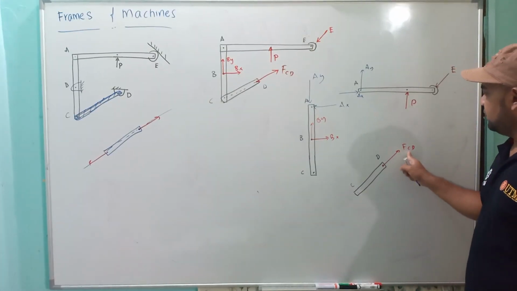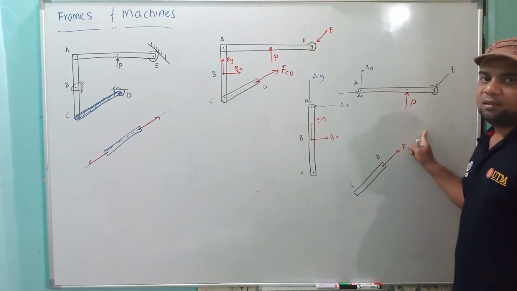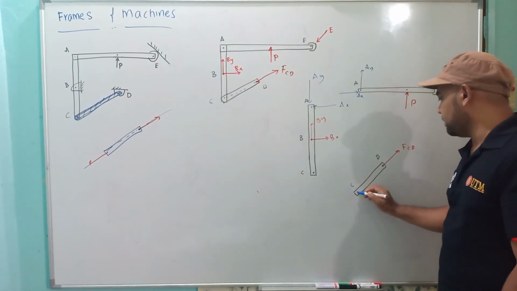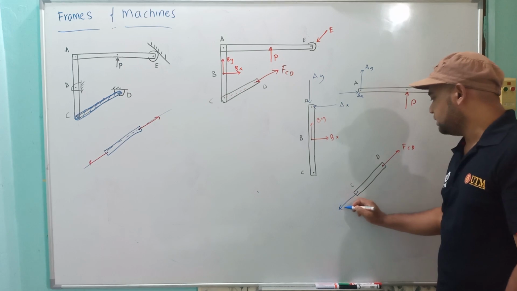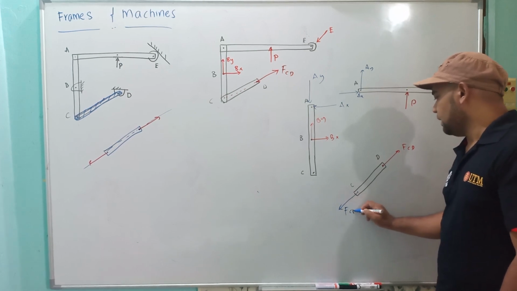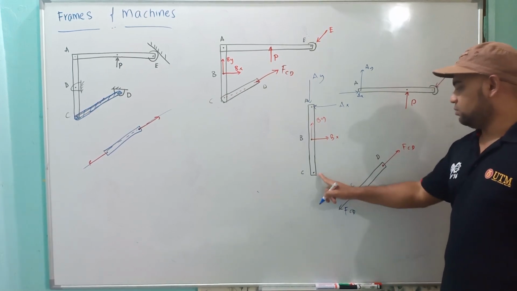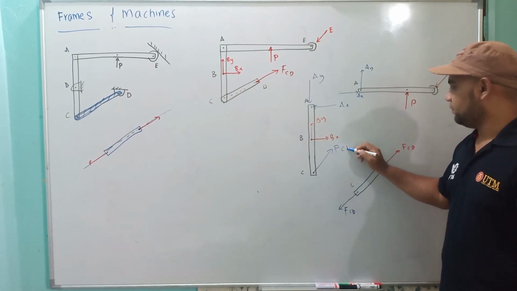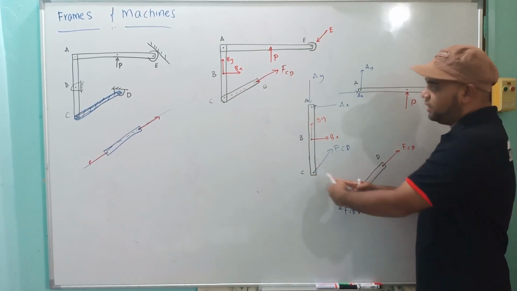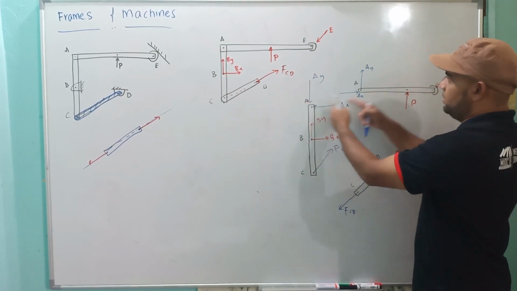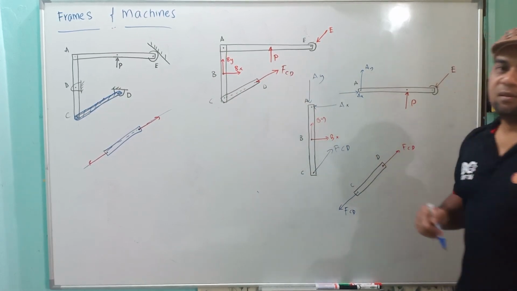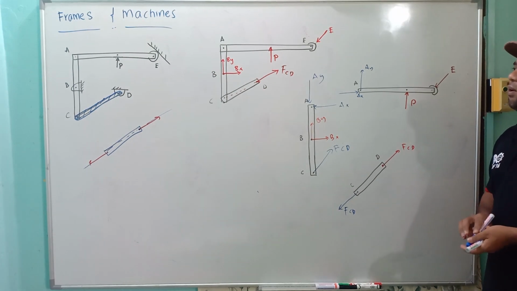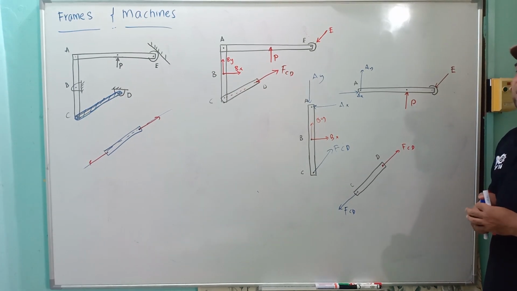We have seen that it is upward. We consider this in tension, so this part must also be in this direction, FCD. So this one must be opposite from this, so you have FCD. Later on, when you combine this one, there will be nothing here. That's how you draw the free body diagram for the overall structure and each and every component.